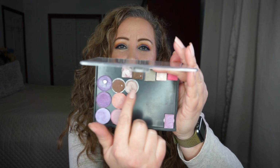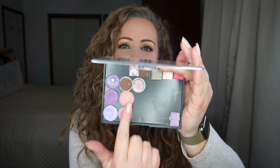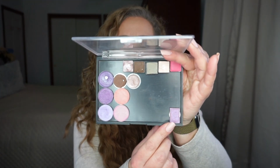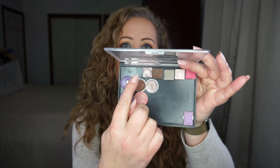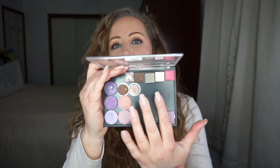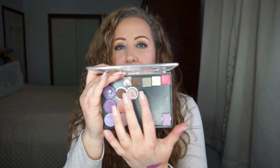Let's see. I have two shadows from the Jane Iredale palette, and these two are Franken's. I figured they're there, might as well use them. This is from the BH Cosmetics Bubs Beauty B palette, and the shadow is actually called Kind. I don't remember what all the names are of these. I think this one's Blushing, and I don't remember all the rest, but these are from the Depotted Profusion Eyes